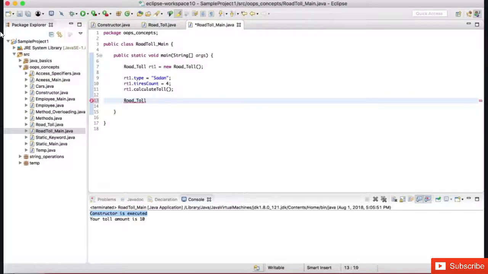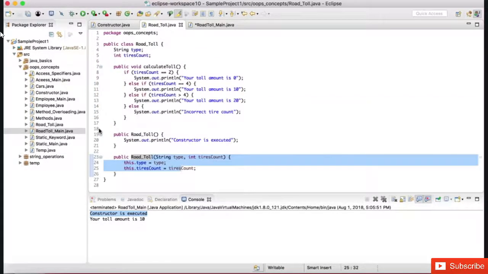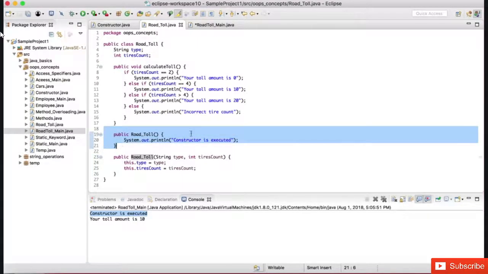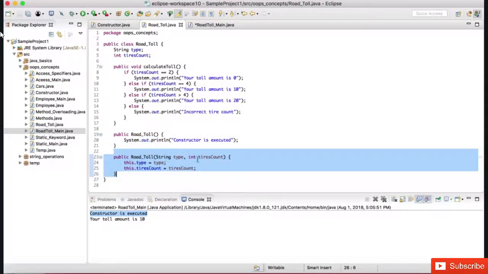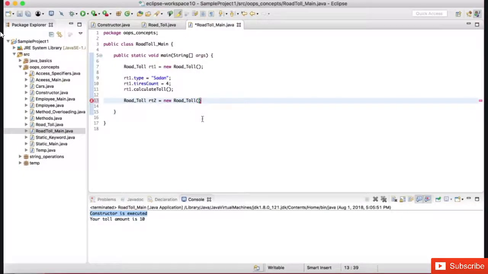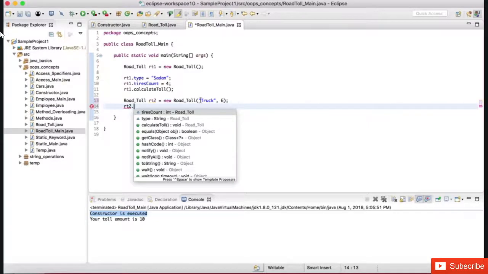So toll road rt2 is equal to new toll road, and let's assign the values to the arguments of this constructor. Now if we do not provide any arguments, then by default this first constructor will be called. But if we want to use the second constructor with the arguments, then we need to provide the values for the first and second argument. The first argument is the type, so let us say truck, and second argument is number of tires, let us say 6,